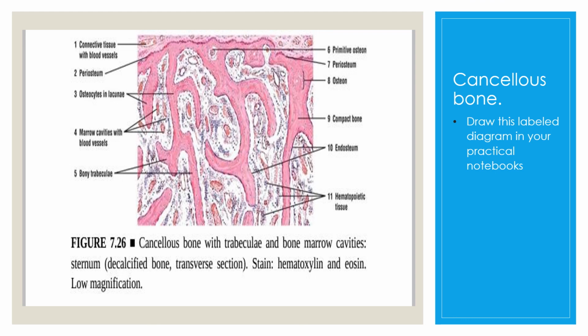At low magnification, you need to draw this picture in which you should be able to draw all the three basic points. The first thing is the trabeculae, the most important one, the cavities. The second thing is the marrow cavities, which should have blood vessels. So you need to draw this picture very clearly in your histology practical notebooks for the spongy bone or the cancellous bone.